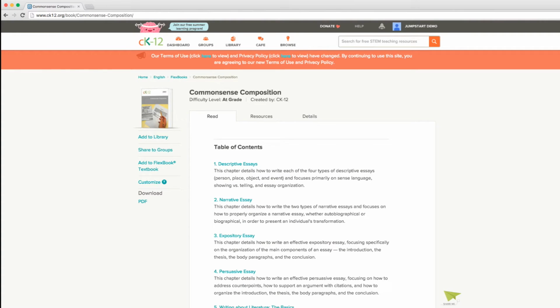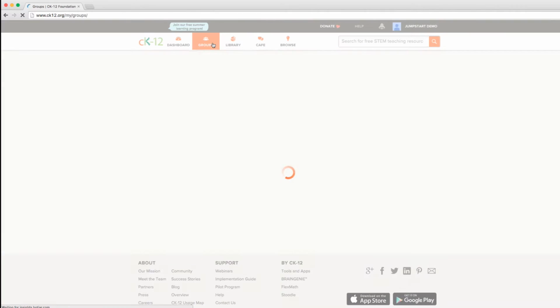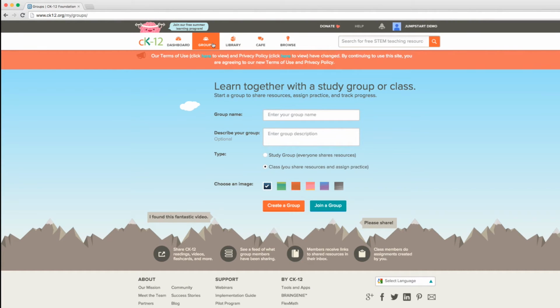In order to create a group, you are going to want to go to the Groups page. You can find that by clicking on Groups at the top of any page on CK-12. If you've never created a group before, you'll see this screen. At this point in time, you have the option to enter a group name. Let's say Jumpstart